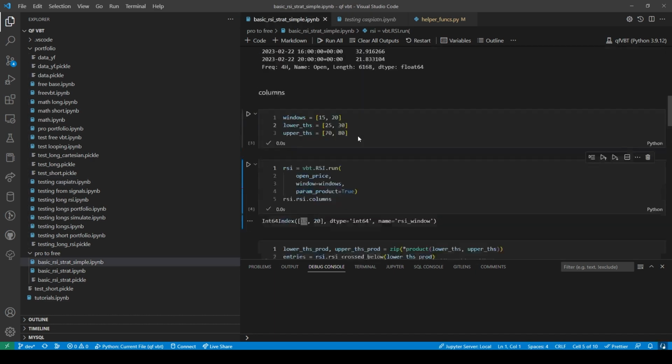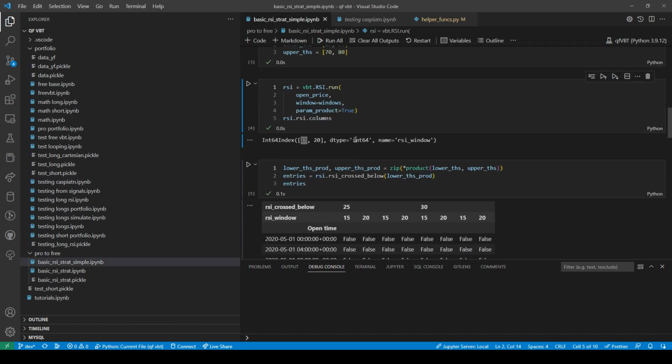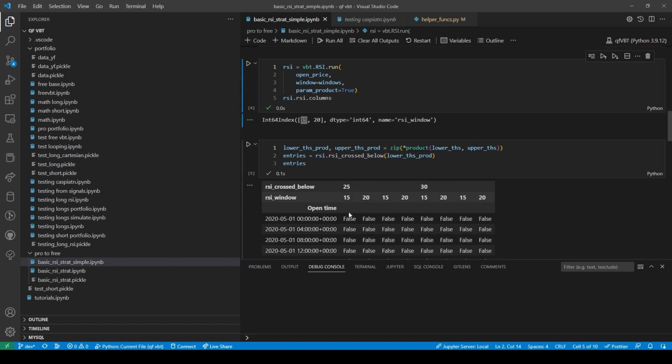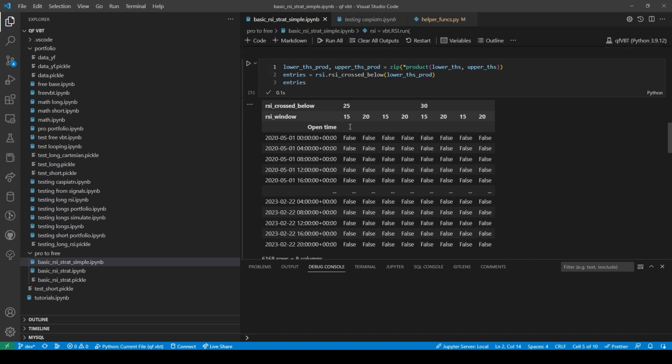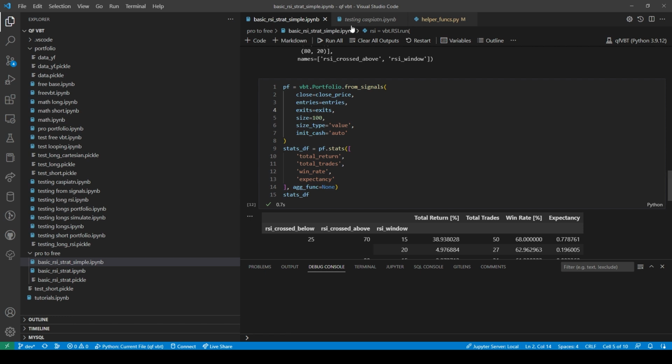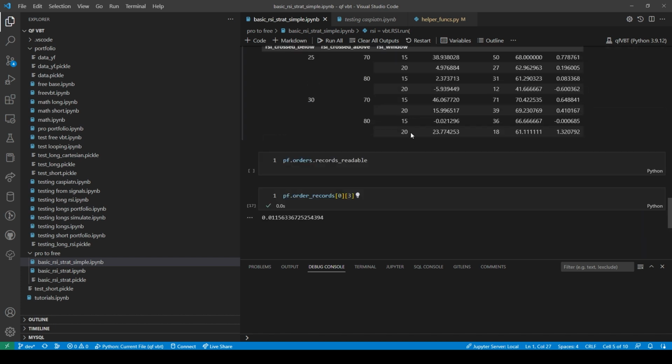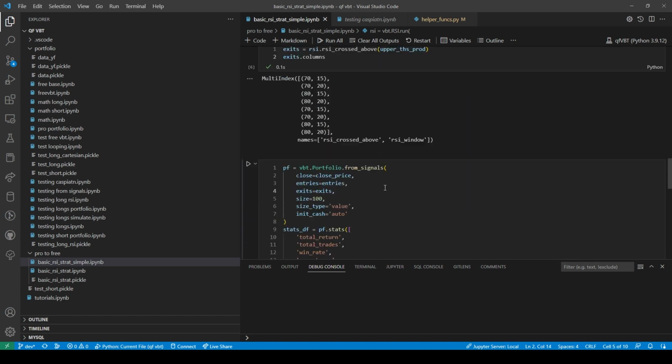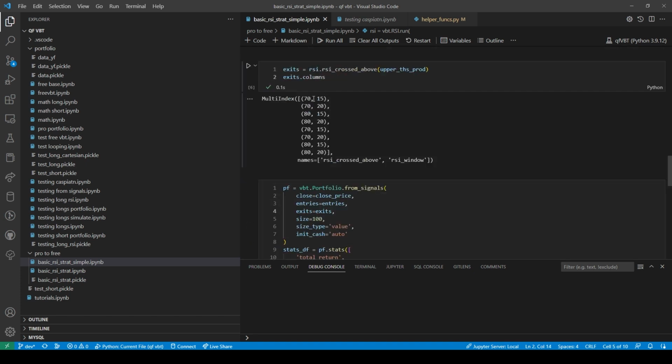What are my entries? Oh, my entries already has that. My entries already has cross below and RSI window. So all I need to do is send the entry columns. Yeah, so all I have to do is send the order records, the entry columns, and the original order tuple. And then from there I can match those numbers, which would be 0. So I match the 0